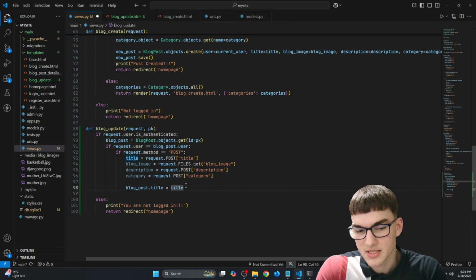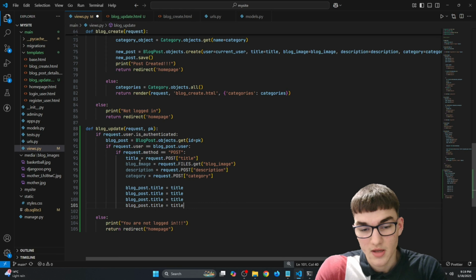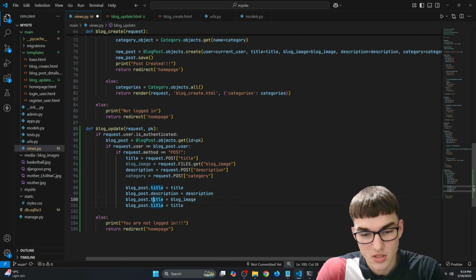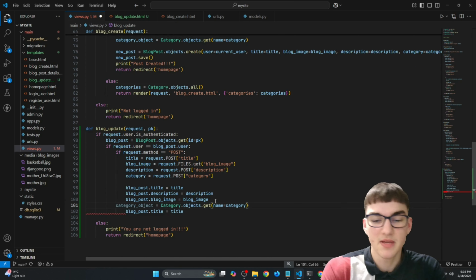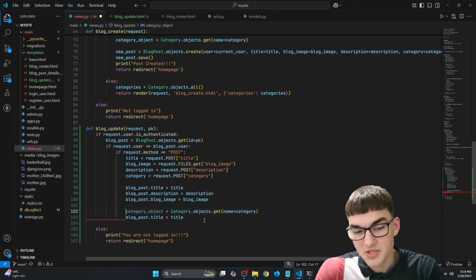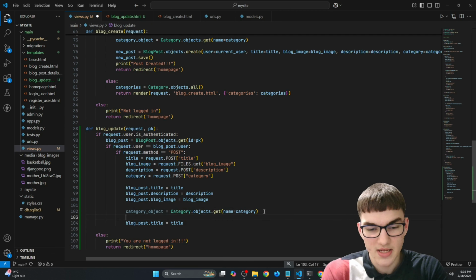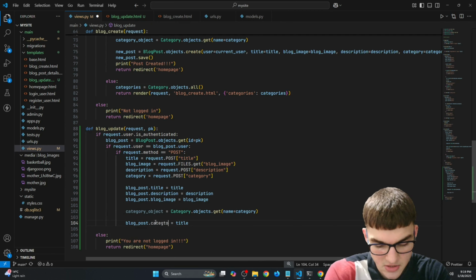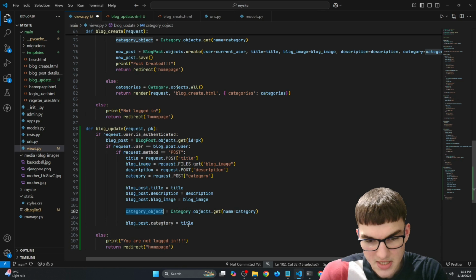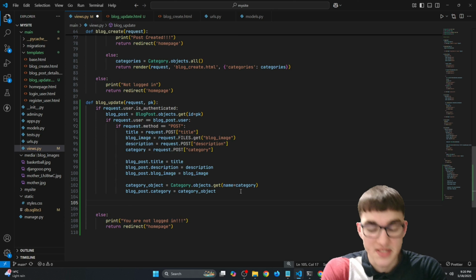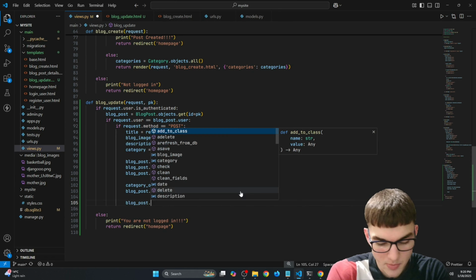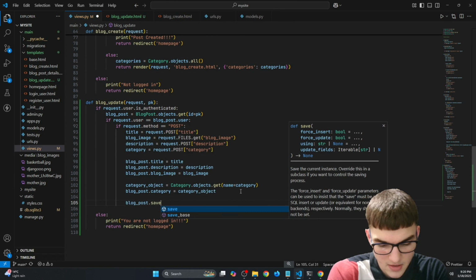So we're doing this, we can now copy all of this stuff and just change this to be description, this to be image, and for the category, alright, we first of all need to actually make it to be the actual object right there and not string, and then we can do dot category to be equal to this category object category. Alright, and once we updated all of this data, now we can actually save our blog post, so blog_post.save,